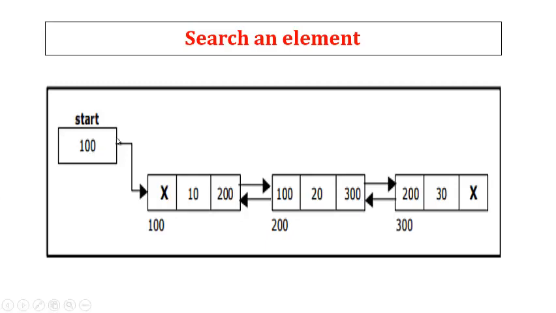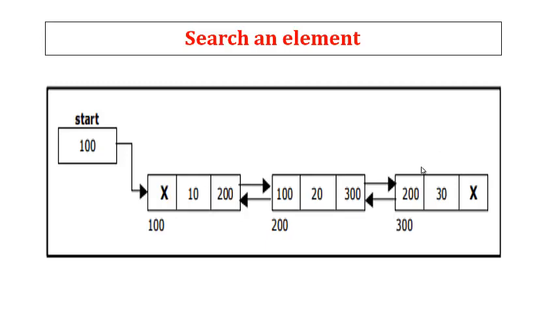My head pointer points to the first node of the given linked list. Okay, it is going to identify the corresponding data. Data is nothing but the value, compared with your specified value. The specified value is 30, that is the search element. 10 equal to 30, condition false. Then the temporary pointer moves to the second node, and then 20 equal to 30, condition false. The temporary pointer moves to the next node, and 30 equal to 30, condition true. Your search element is found at location 3. Like that, it is going to print to the users.